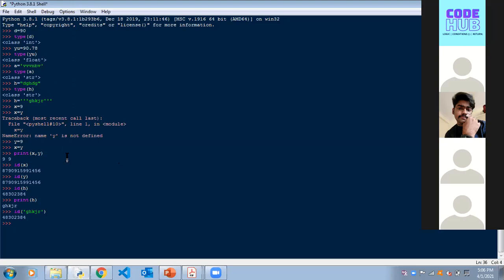Type is for the type of whatever we have stored, and this is the print statement to print any kind of output. ID gives the memory address in which the variable you're declaring is stored. These are the variables. U, D, A, and all these are the variables. You use the assigned values also to know in which memory address it's being stored. Okay, is it clear now?